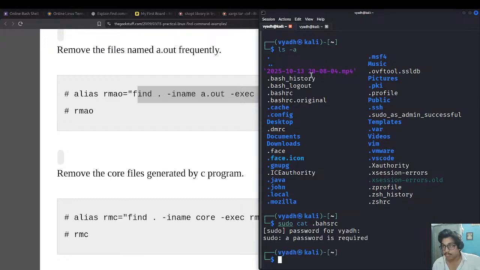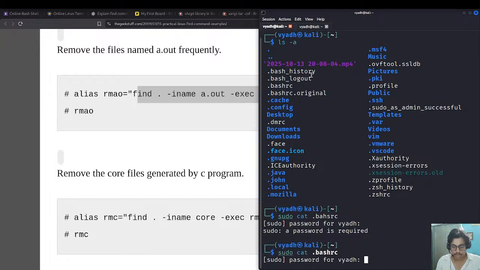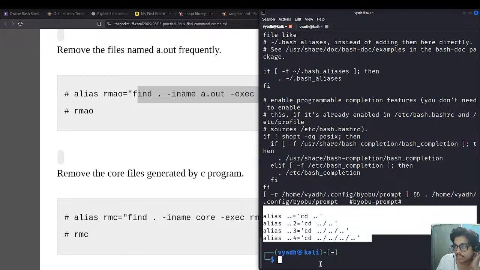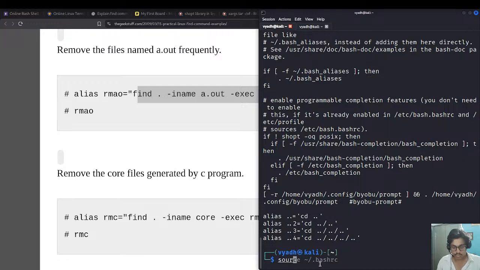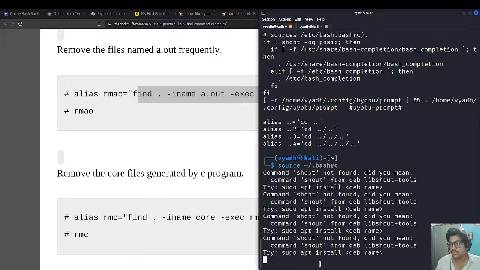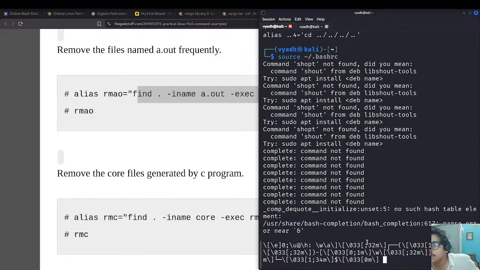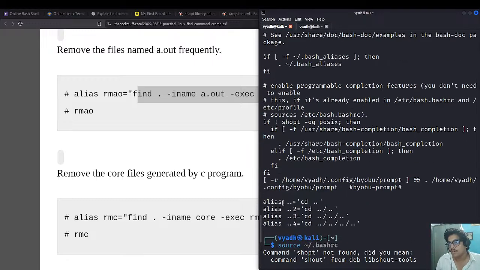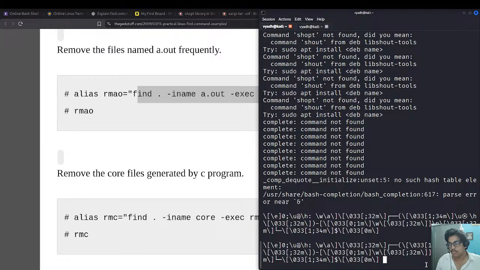Okay, I have made a mistake. Bashrc. We have to specify our operating system password, and yes, I have given it like this. Let me just do source bashrc. Okay, it is complete. It is showing command not found, but no problem. I think it should work now. If you want to go one step back,